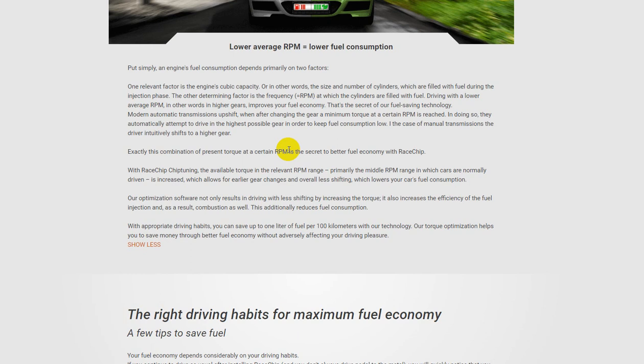But in town driving, where you're accelerating, braking, changing gear a lot, this is when you're going to realize the fuel economy benefits, because you're going to be able to change gear earlier. Basically, this is the foundation of it all. You're able to change gear earlier, use less revs, and maintain the same speed as you were before the tuning box. So obviously, to realize these gains, you need to be in the type of driving that exploits this difference,